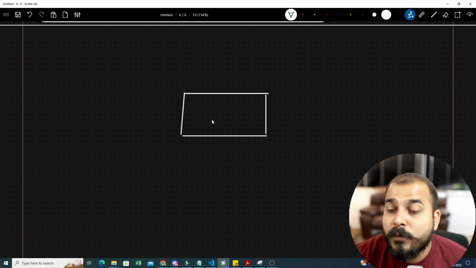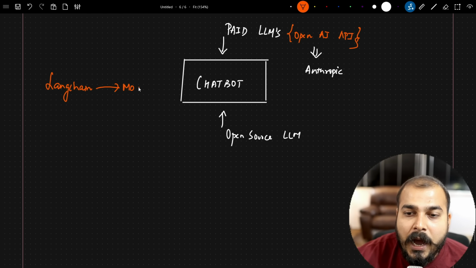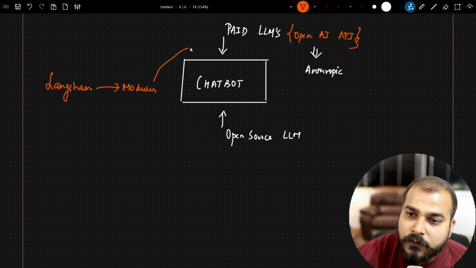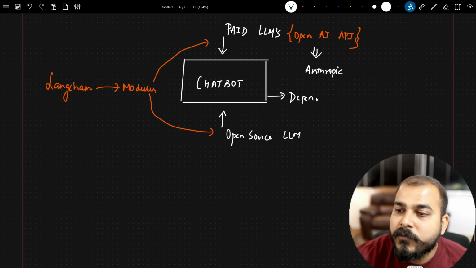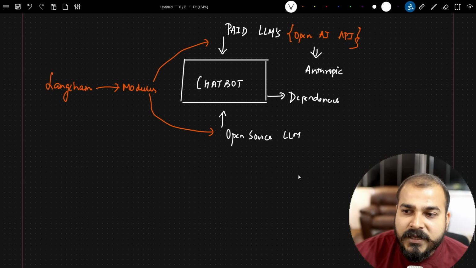See, calling APIs is a very easy task. But the major thing is that since we have so many modules, we are going to use LangChain, as suggested. And in LangChain, we definitely have so many modules for how we can use them for different calls. And along with this, whenever we are developing any chatbot application, what all dependencies do we have specifically? Dependencies. Now, if you see this diagram, here you will be able to see there will be model, prompt,